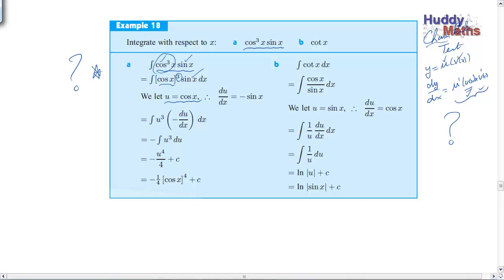So there's a function of a function, and check out, this is the accompanying derivative. So you let u be not the whole function, you let u be the function whose derivative is present. And then, of course, we write down du by dx is negative sine x, and then rewrite the integral. So the integral becomes the integral of u cubed times negative du by dx with respect to x. And then we write down, that is simply putting the negative out the front, negative the integral of u cubed